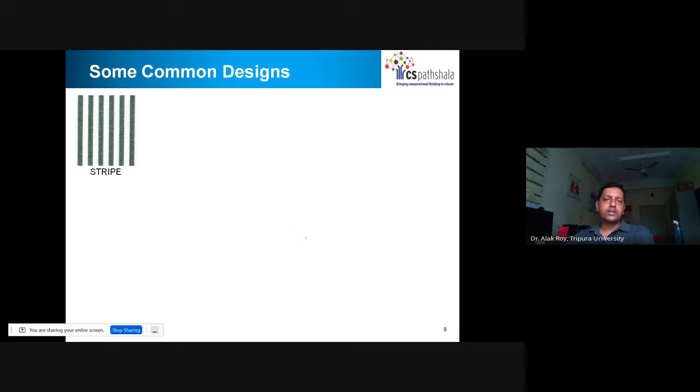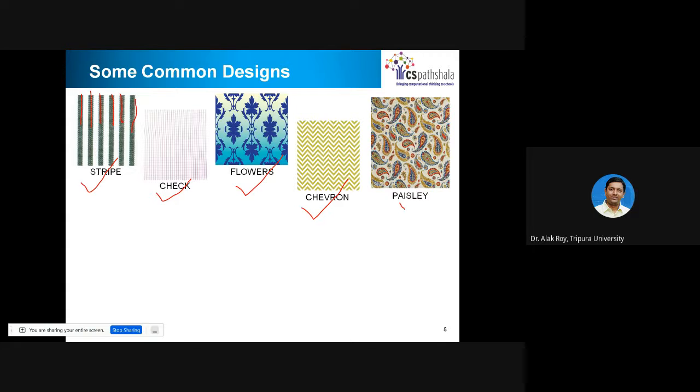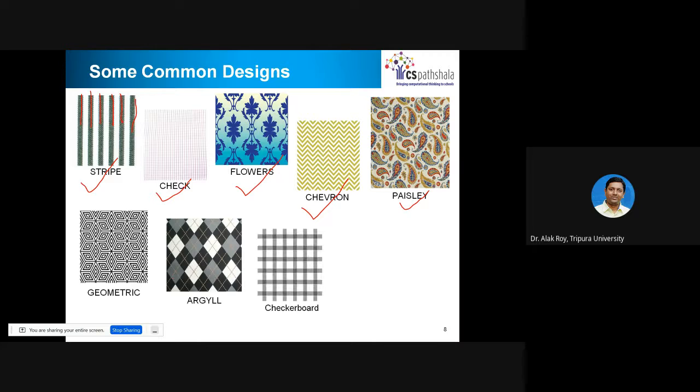The last are words. These are some designs. Okay. Some common designs, like this is known as stripe. Okay. So the pattern is like, there is repetition. Okay. Stripe. This is a check design, a flower or floral design. So some more different designs are there. So all of them have some patterns that are repeating one after another.